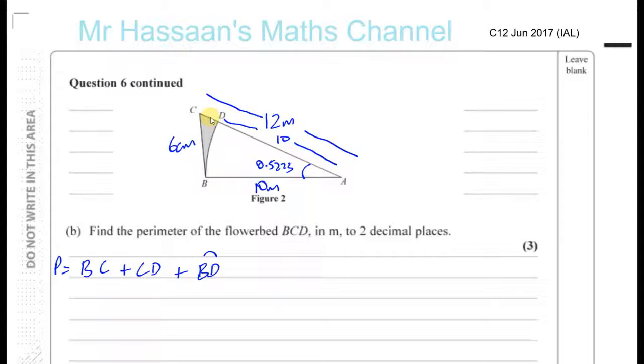So this CD part must be 2. So the perimeter is equal to BC, which is 6, plus CD, which is 2, plus we need the length of the arc. Now the length of an arc is given by the radius times the angle if it's in radians, r theta. That's when the angle is in radians. So you have 10 times our answer,